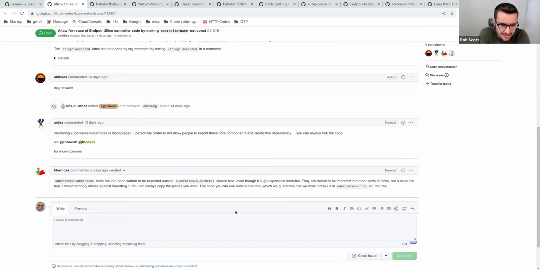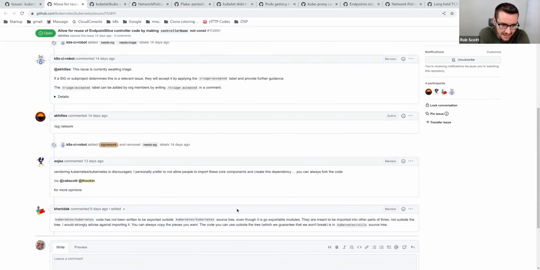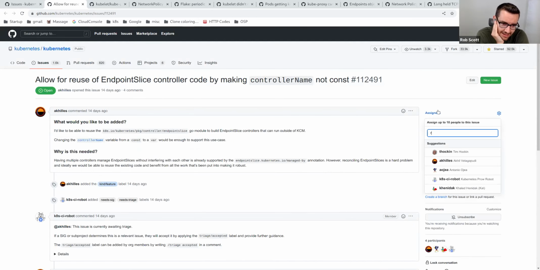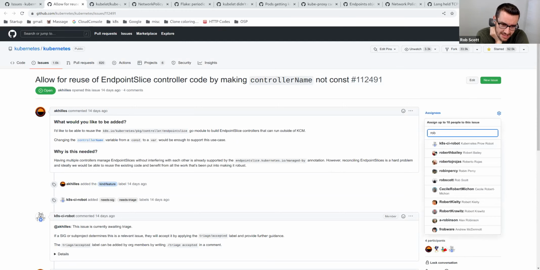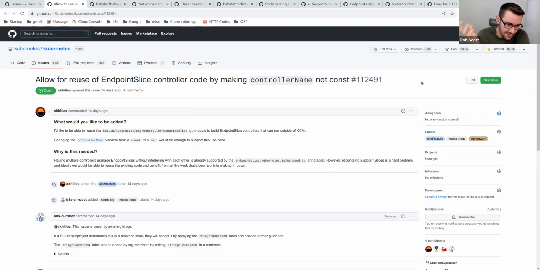Yeah, I've been interested in this one too. I need to comment on it. I think there are uses where endpoint slice controller is being used. Like I think of multi-cluster service, for an example. Implementations of those are taking endpoint slice controller code, forking it, and doing their own thing. I would love to make that a slightly easier process. Maybe we take some of the logic in endpoint slice controller and move it to a library that can be used more broadly. I'm not sure. We need to be very careful here, but I think there's something, but I need to form my thoughts.